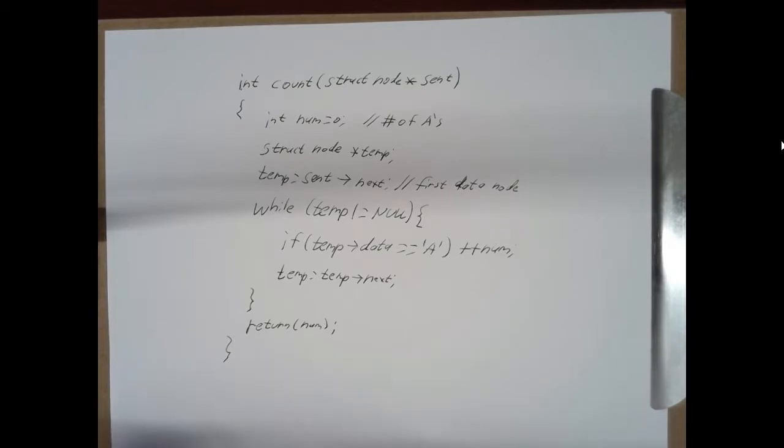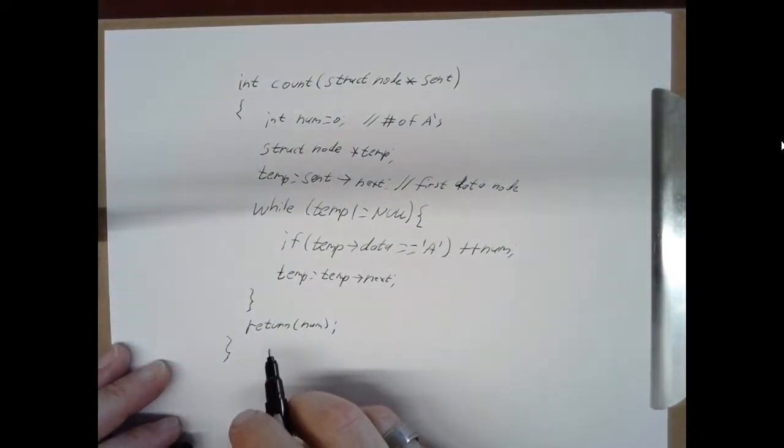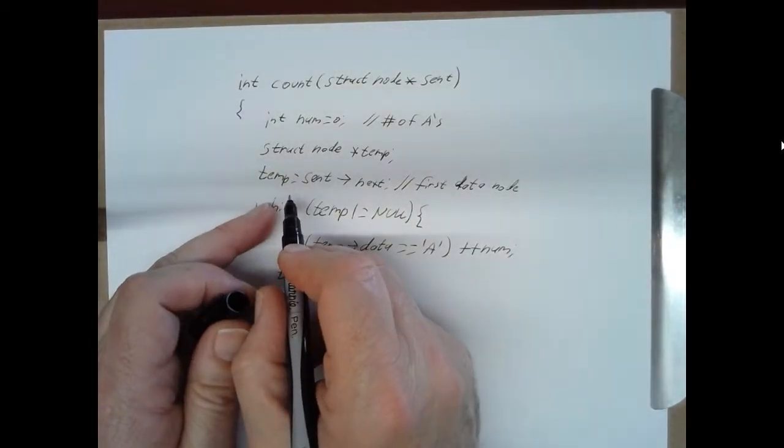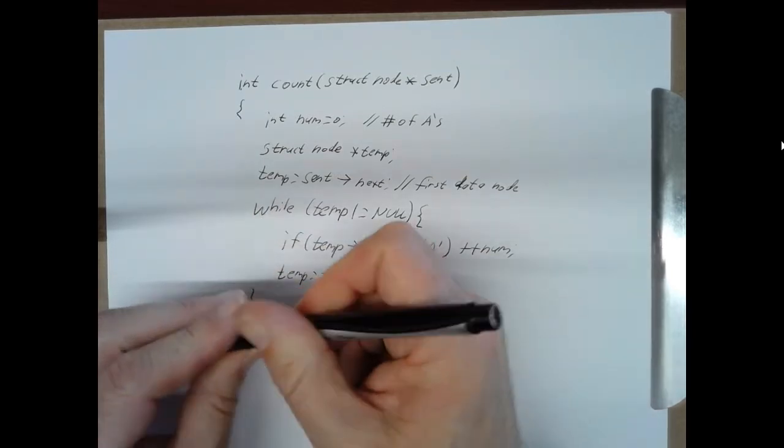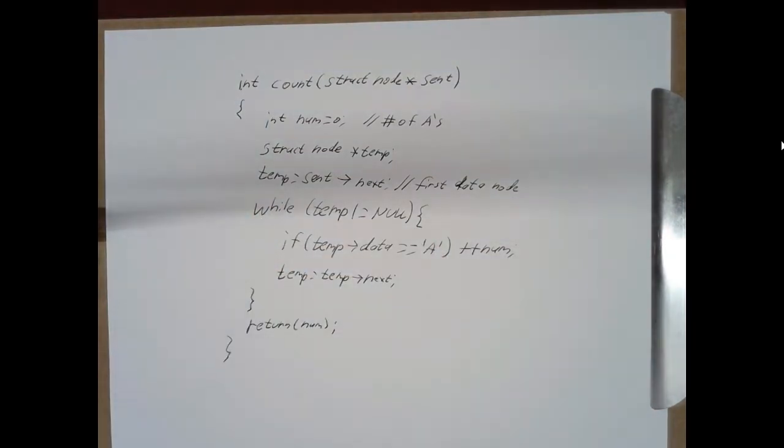All we need is to say temp is a pointer to a struct node, and then we're giving temp a value. Right? You only use malloc if you want to create a new struct node somewhere. And we don't need a new struct node. We're trying to point to the struct nodes that make up our linked list. So no need for a malloc here, so I took that off.